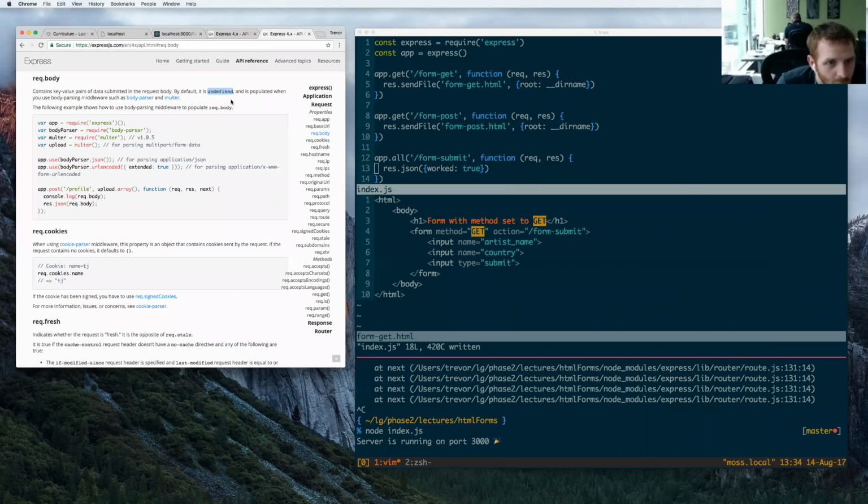So we can get at the body using request.body, but to do so, we have to add a body parser middleware that will take that raw text that comes in the body of the HTTP request and parse it out. It knows how to read that string of key equals value ampersand next key equals next value, and it'll parse all that out and create just a JavaScript object with key value pairs and stick it in